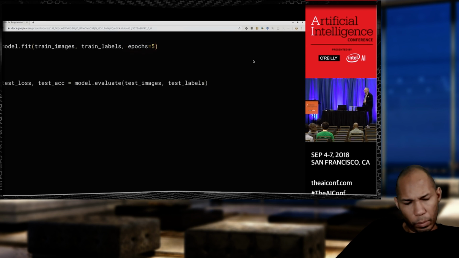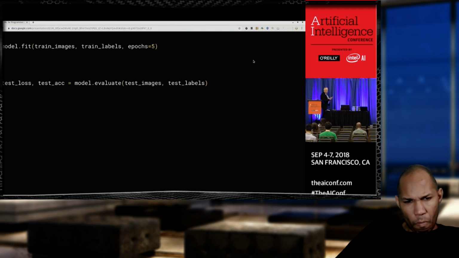Okay, and now I want to test it, and the important object here is the model object. So if I call model.evaluate and I pass it the test images and the test labels, it will then iterate through the 10,000 test images and test labels. It will say, I think it's going to be this. It will compare it with the label. If it gets it right, it improves its score. If it gets it wrong, it decreases its score, and it gives you that score back. So remember earlier, when we separated the data into 60,000 for training and 10,000 for test, instead of you manually writing all that code, you can just call the evaluate function on the model, pass it the test data, and it will give you back the results. It will do all that looping and checking for you.